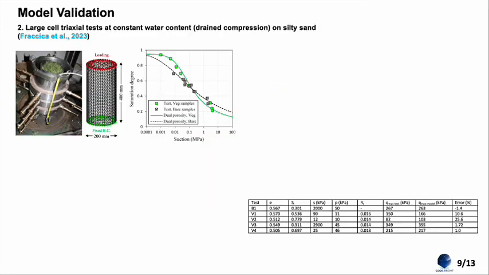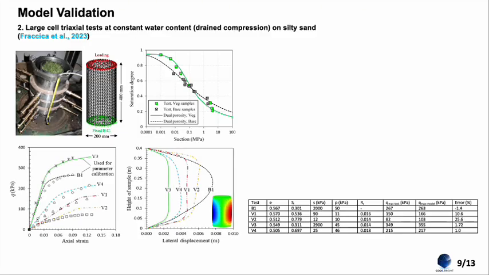Another validation is about one large triaxial test with a height of 40 centimeters and a dual porosity soil water retention curve for vegetated as well as for non-vegetated samples. For this sample, we tested 4 different suction levels and different confining pressures. For verification and calibration of the parameters, we used one bare test and one vegetated test in